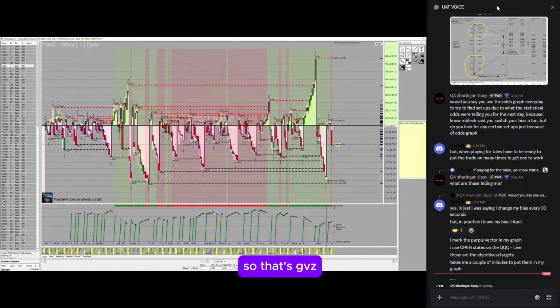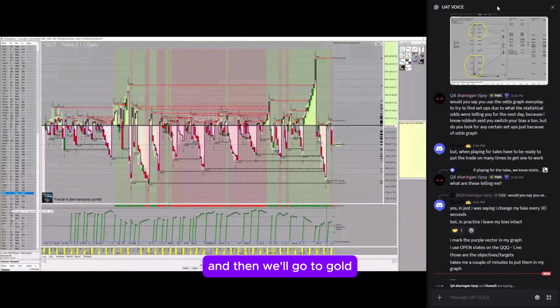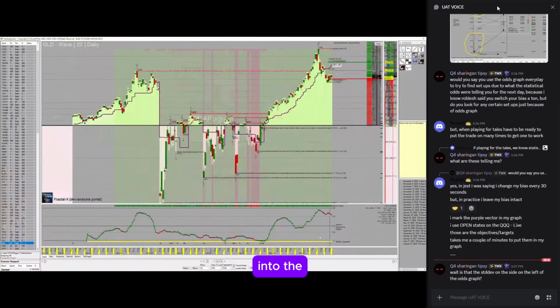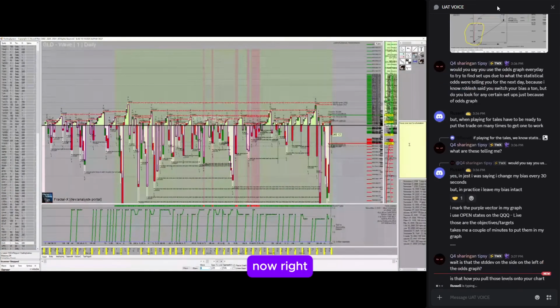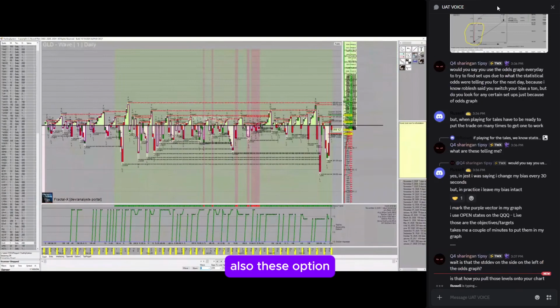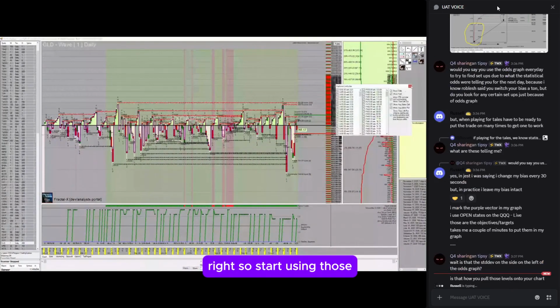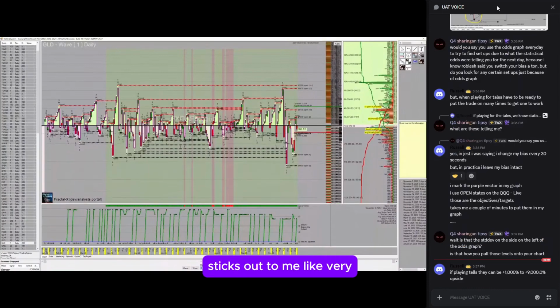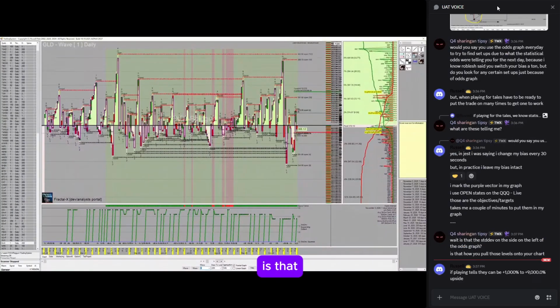So that's GVZ. We'll check GLD and then we'll go to gold futures. We've recently got GLD into the database, Periscope, IV. All those things have GLD now, and expect these option ledges also, so start using those. Immediately, something that sticks out to me very obviously is that there's a high